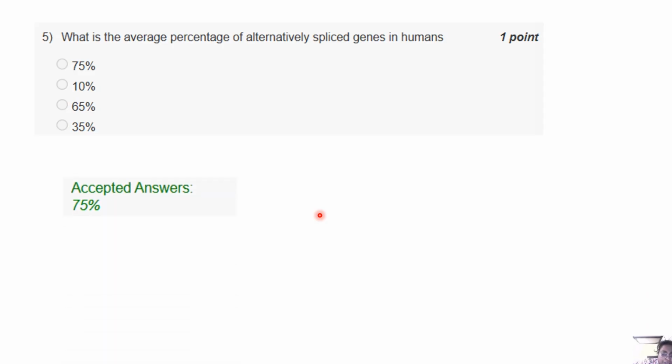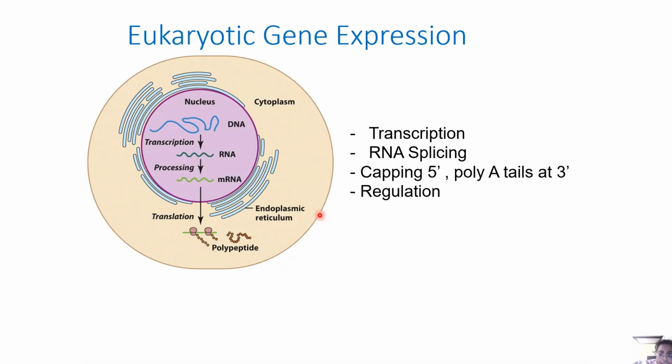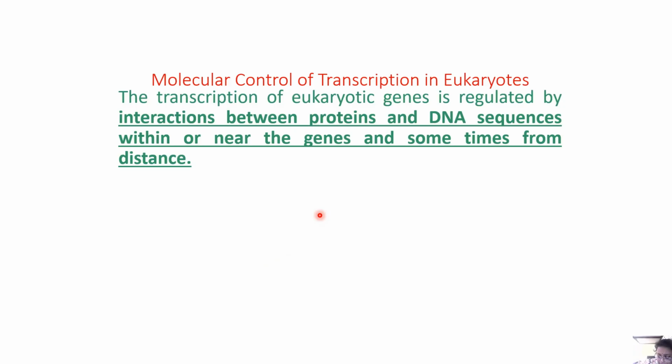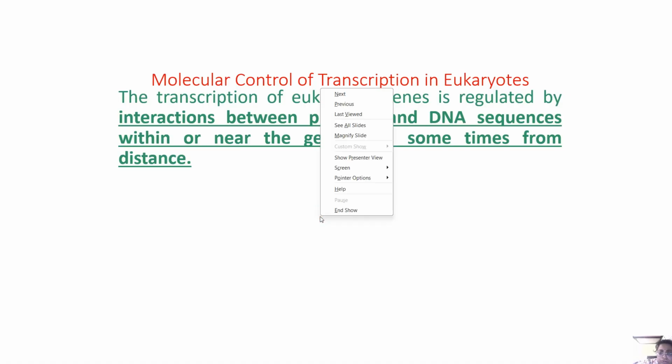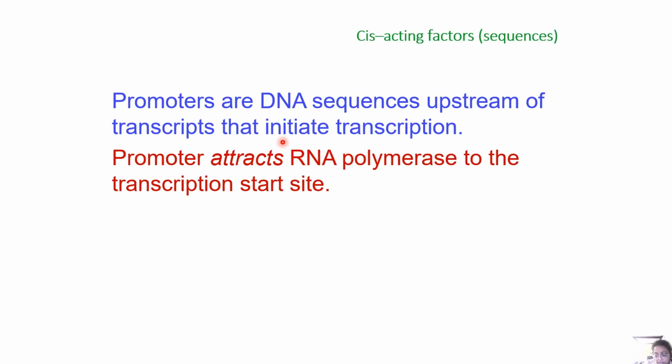So the answer for this question will be 75%. So we have already talked about the gene expression and the transcription, RNA splicing, the capping and the poly A tail at the 3' position. If we talk about gene regulation, so the molecular control of transcription in prokaryotes. In eukaryotes, transcription of eukaryotic genes is regulated by interactions between proteins and DNA sequences from within or near the genes and sometimes from a distance. Right? So promoters are